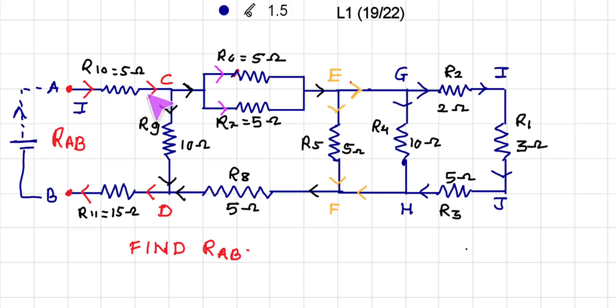So here, if this is current I entering, then the same current is coming to this point. But look at this point C. That current which is shown by the red arrow is now divided into two branches, that is, one branch this and another branch is this. That means remember that this resistance and these resistances are in parallel. Here it is branching. Okay, so now here I have shown the current by black arrow, which comes here, then again it is divided into two branches.